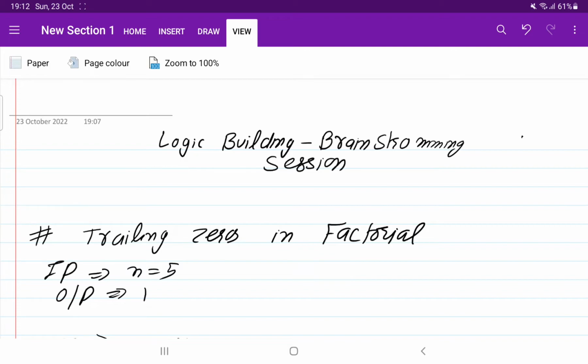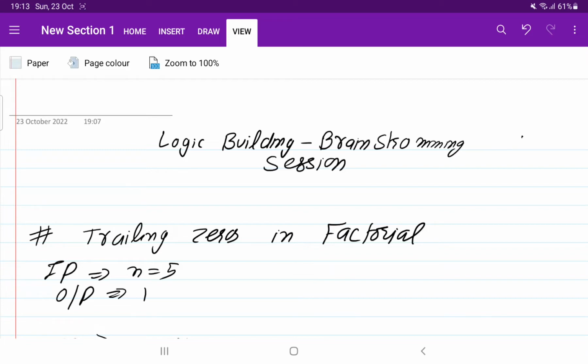This is the second session. Here in this session, we are going to solve some problems, and we will focus mainly on the logic, not on the coding part. Just try to get the logic, not the code. If you don't get the code, it's okay, you will get it in the later sections, but you should get the logic, and I will tell you the thought process: how to think, and then how to code.